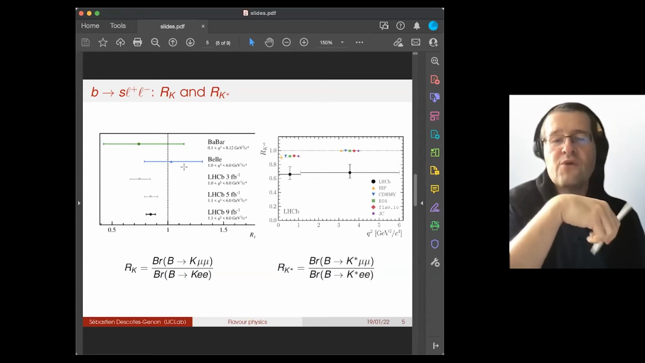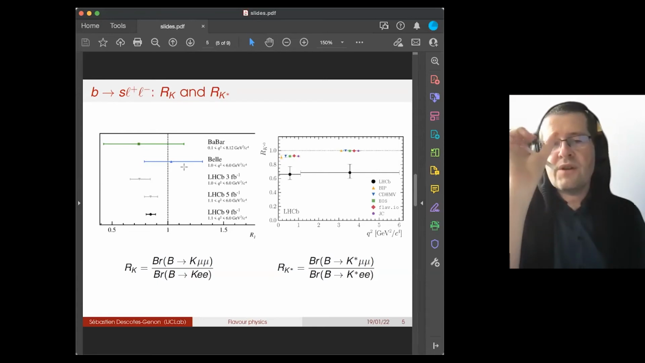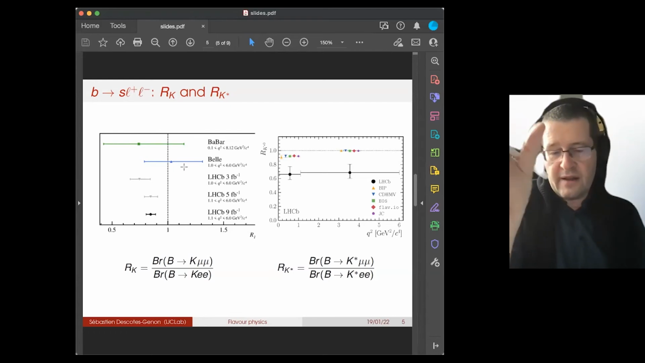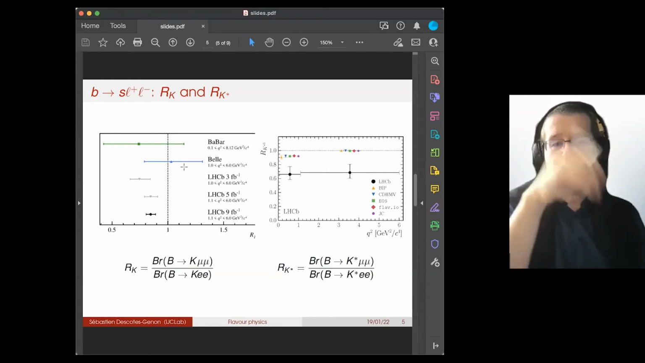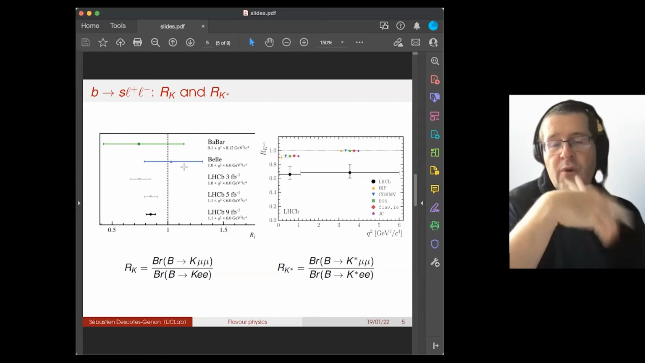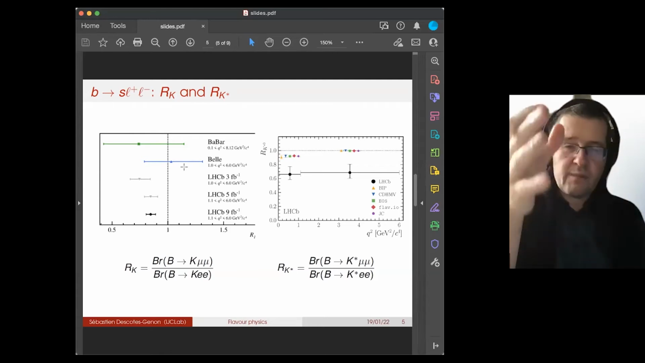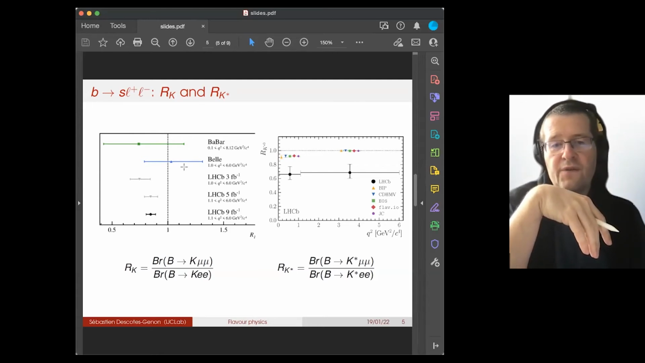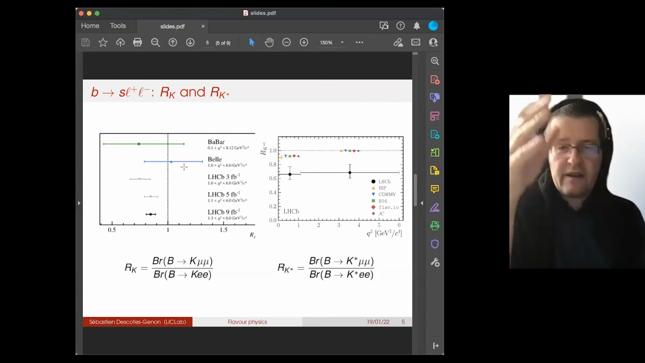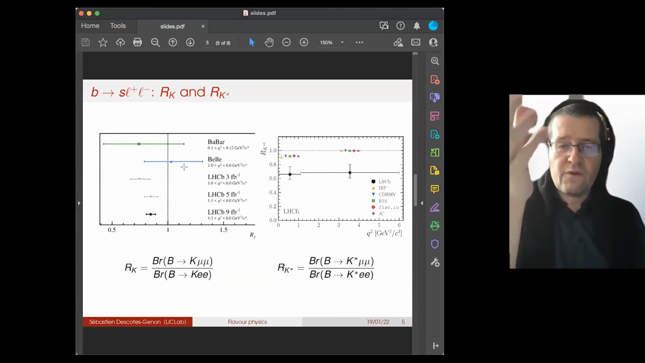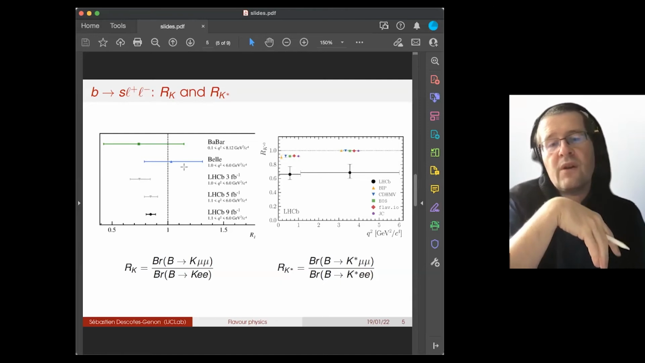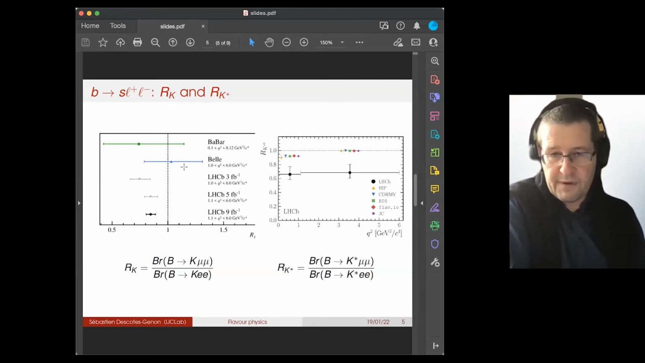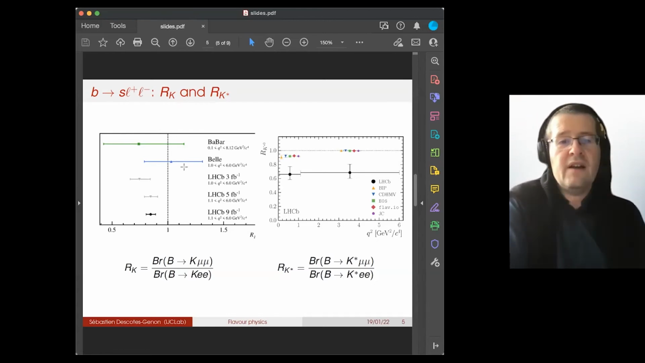There are good reasons for you to remain in a window for the value of the invariant mass of the dilepton pair, which is called Q squared. For mu mu or EE, which is not very large, you prefer to keep it low. And so you're measuring the branching ratio for these low values of Q squared. That corresponds to a large recoil of your K or your K star meson during the decay in the B rest frame. And you see that there have been measurements from LHCb over time that have progressively confirmed